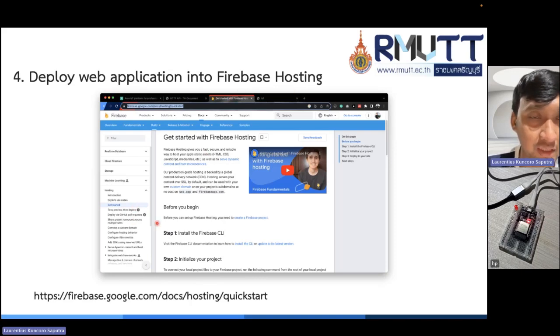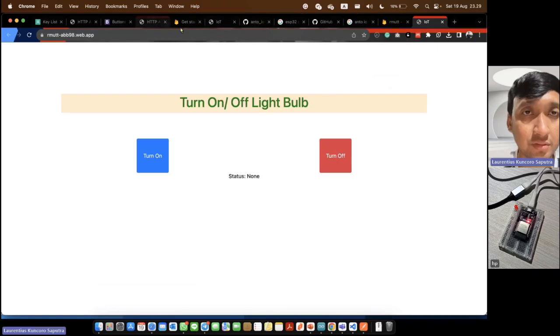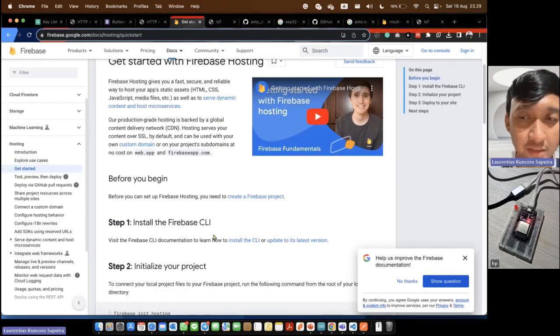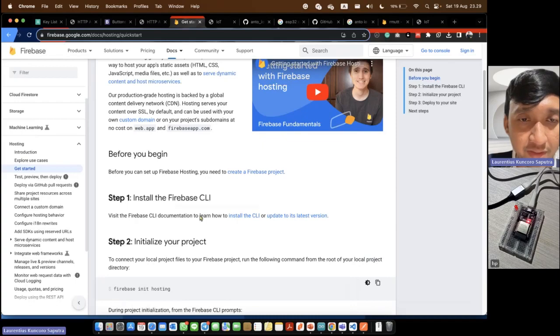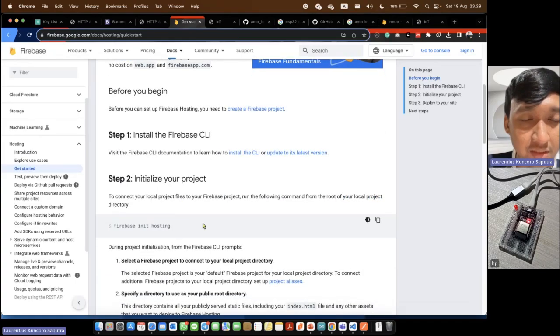If it is your first time deploying files to Firebase hosting, you can go to the document that gives step-by-step instructions. Maybe you can install the Firebase CLI with these steps.